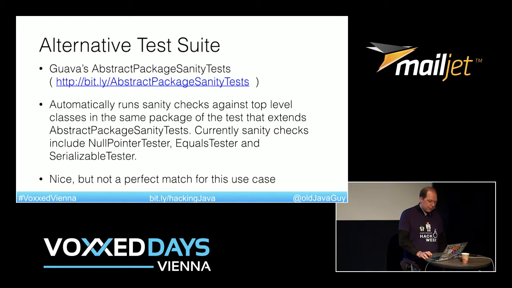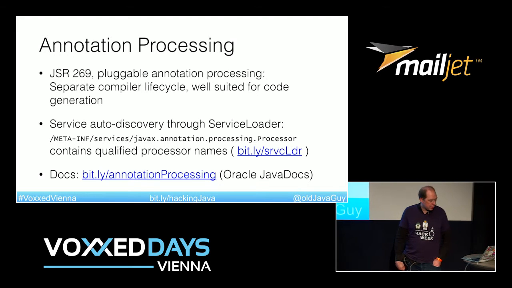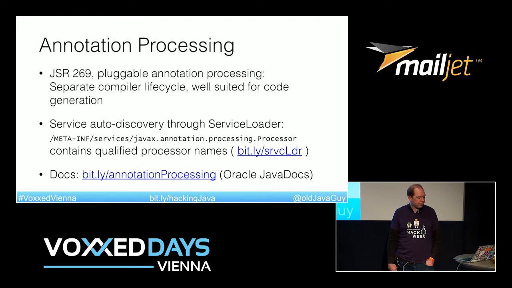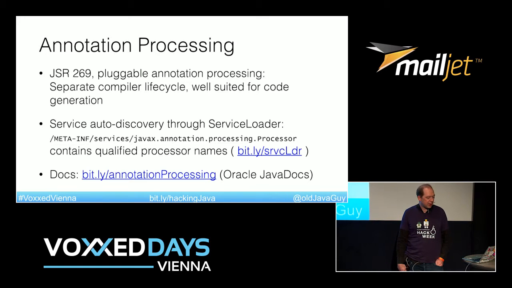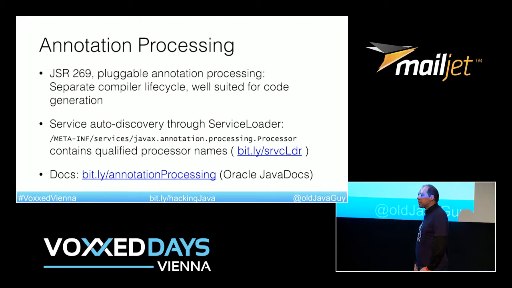So I'm getting closer to the first actual technique. What I'll give you first is annotation processing. It's basically the only API the Java compiler gives you. The javac compiler, I think the first version was introduced in Java 1.5, but in 1.6 it was remodeled as JSR 269, pluggable annotation processing, where you implement an interface called AnnotationProcessor, or I think it's just called Processor,